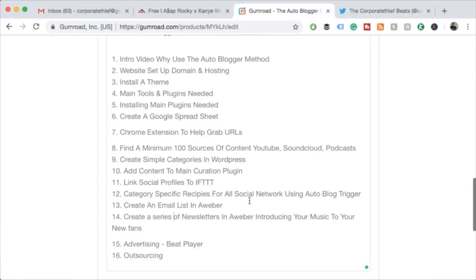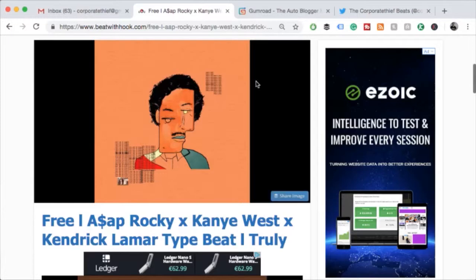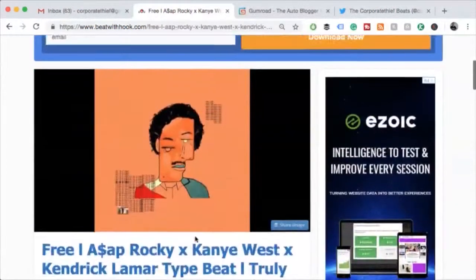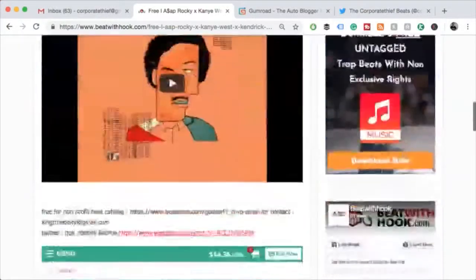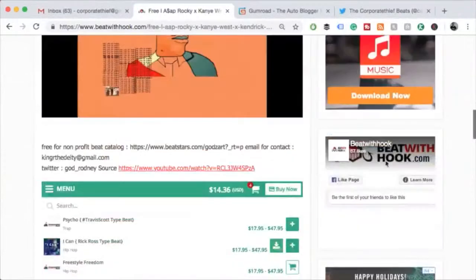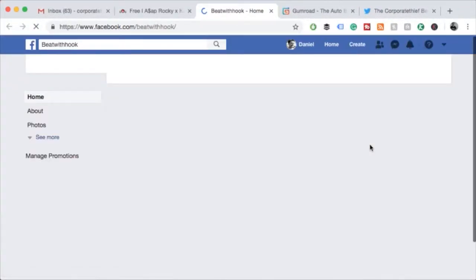The next one is you trigger it using your blog RSS feed. The way I do that is I trigger it within IFTTT. It's like using Hootsuite or anything like that. You just put in your RSS feed and anytime someone puts up a new blog post, it'll automatically go to the next blog. I'm not sure if I have linked my Twitter page here. We can see my Facebook page here.